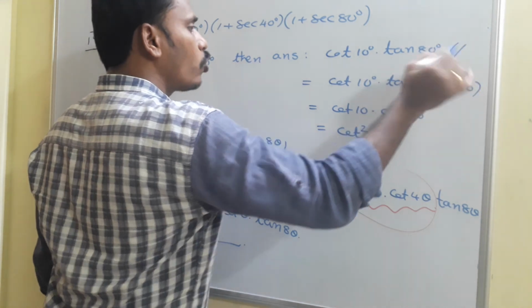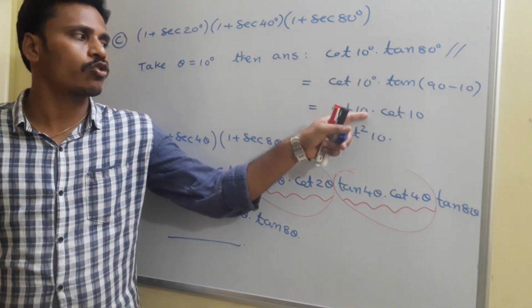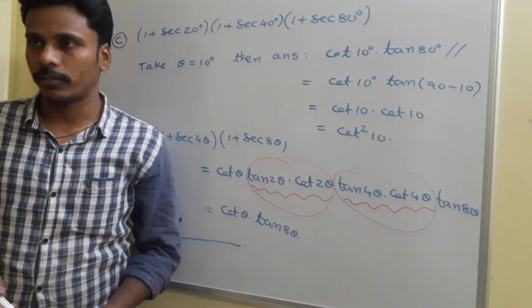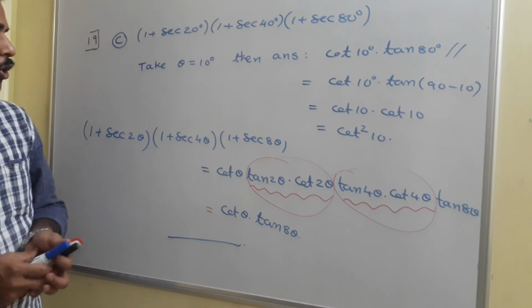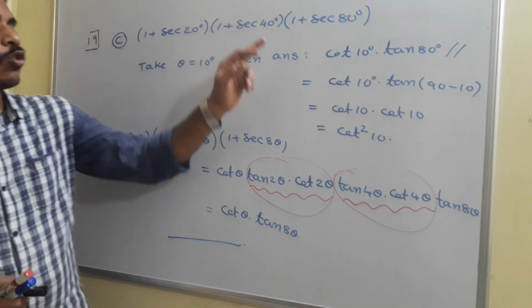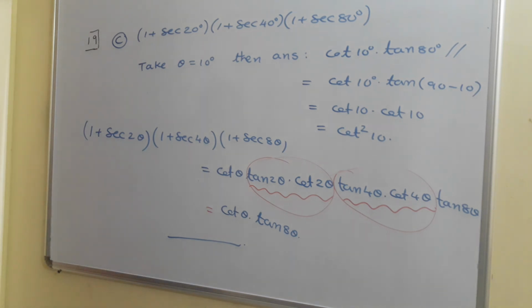Up to here it is okay, good, correct, but there is some other chance to simplify cot square 10 also. As per the options you need to choose that one. Using this we find its value as cot square 10. Just have a look now, and that's for today's class.